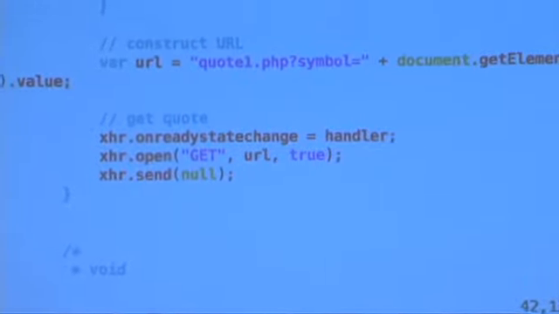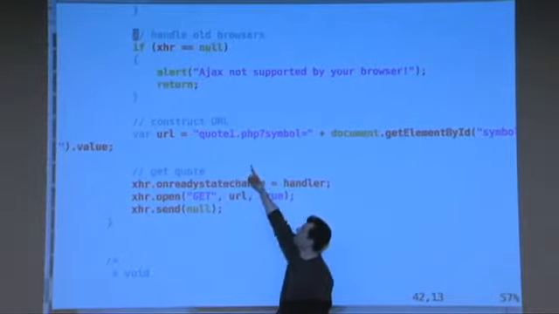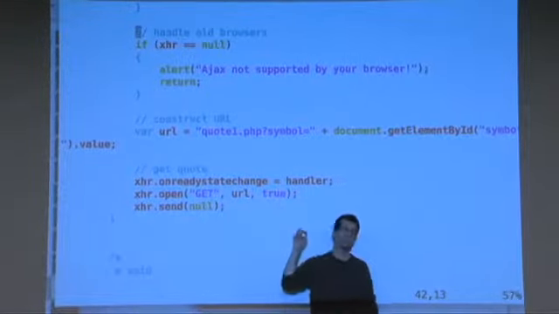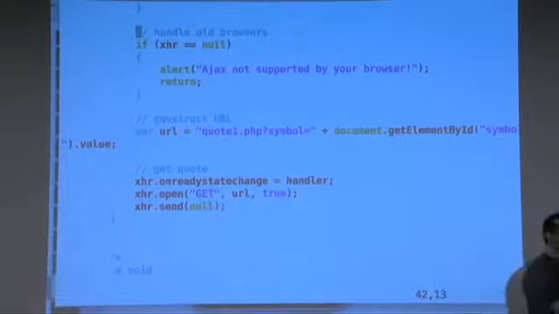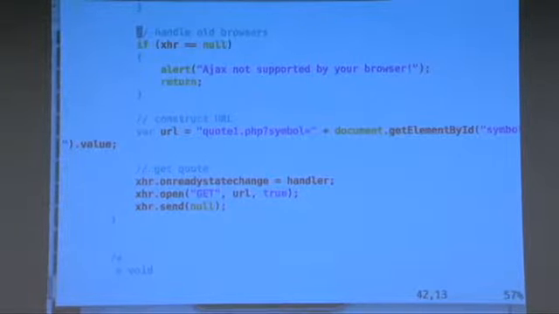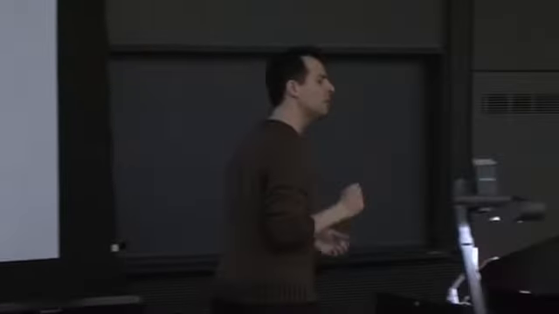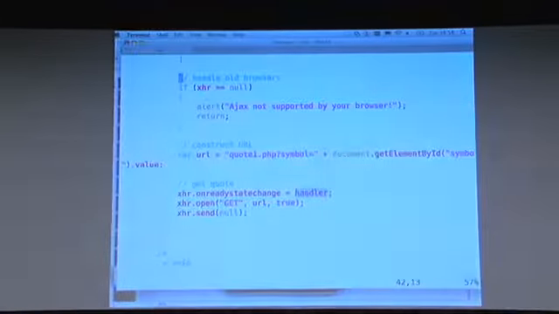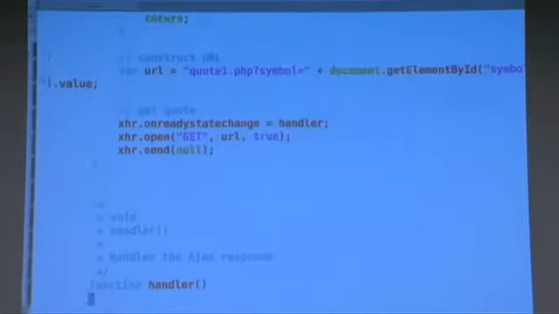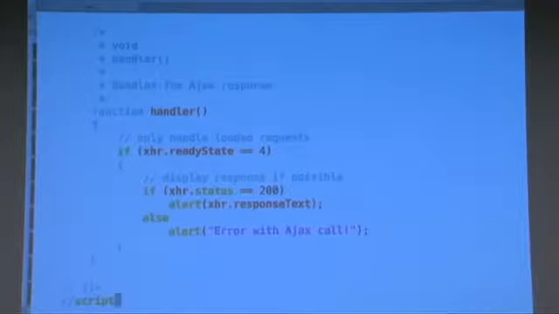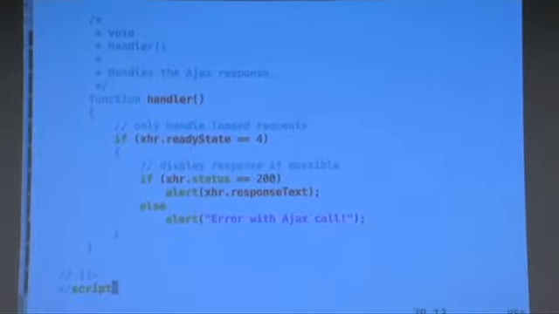Then I call open. I'm using the GET mechanism, and then I'm specifying the URL that I constructed as part of this variable here. True means make this asynchronous, which is the A in AJAX, which means don't pause the whole browser while I make a connection on the internet, and then send the request. But that's it. There doesn't appear to be any code that actually handles the response, but indeed there is. This thing called handler is actually a function that I wrote. If I scroll down just past the break here, notice that here is a function called handler. What is it doing? Well, if